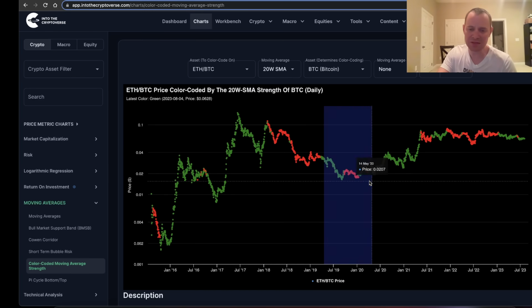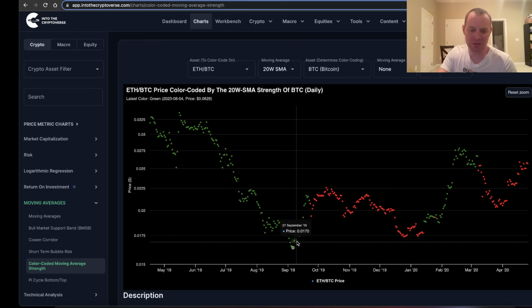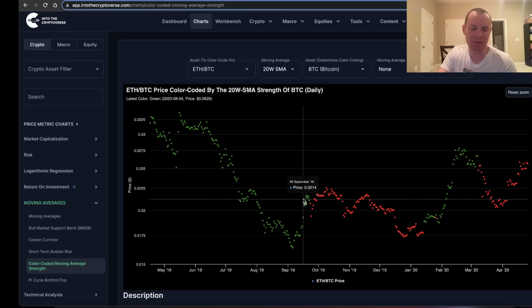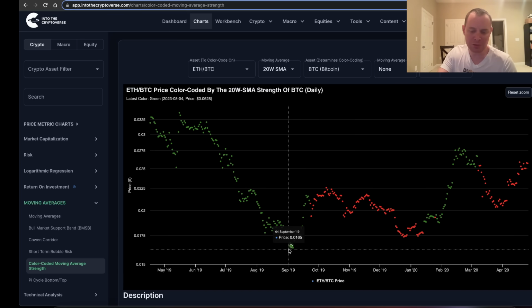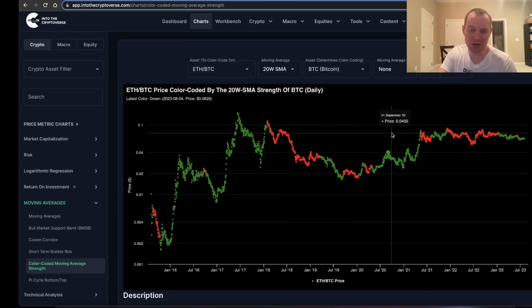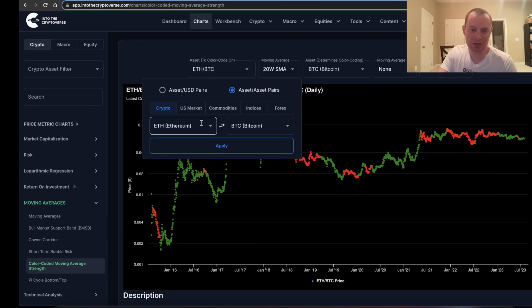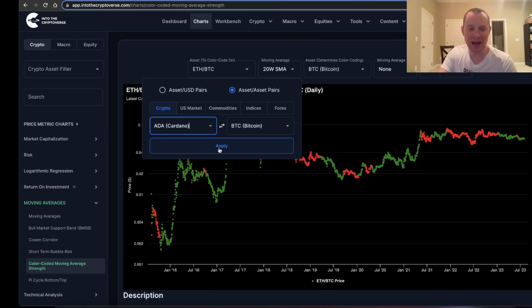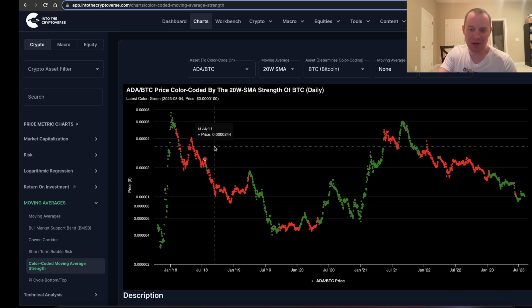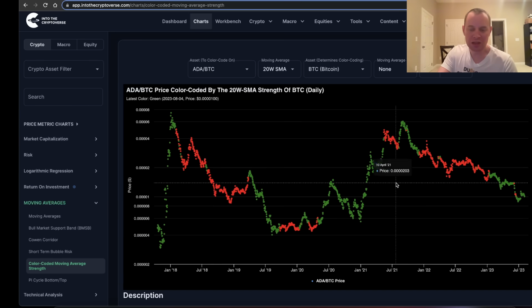If you look at the end of 2019, you can see that it started to pop up, but once Bitcoin got below its 20-week SMA, it just fell back below again to these prior lows. So it's an interesting chart to take a look at. Now, what's more interesting is to look at other alt Bitcoin pairs, right? So if you look at the ADA Bitcoin valuation and you look to see how that performs,